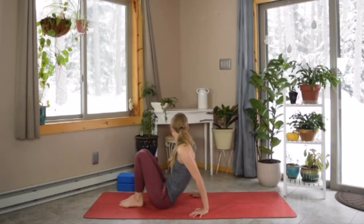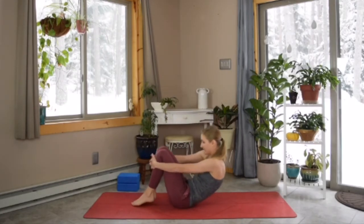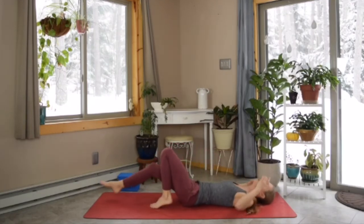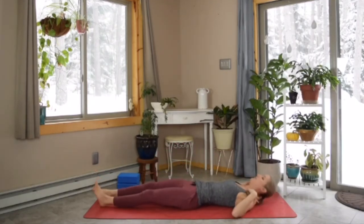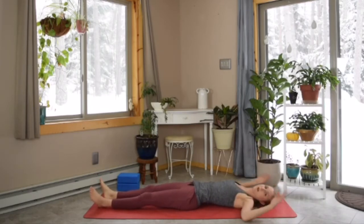Come up towards the middle so you have enough room to lie back. And let's slowly lower down. Release your feet towards the back of the mat. And we are going to do some angel arms. So cactus your arms out